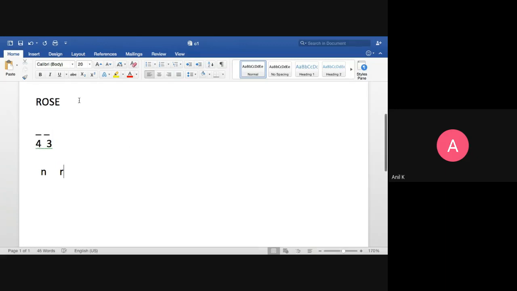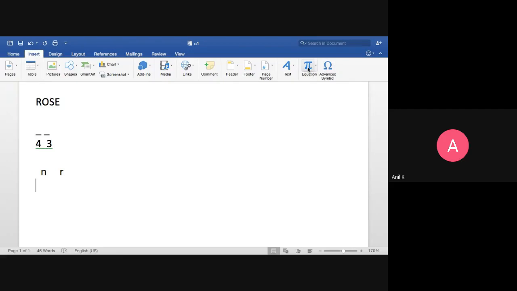Like here I have four letters R, O, S, E. Out of four, I selected two only. So here the n value will be 4 and the r value will be 2. Sometimes, in the previous example we discussed, if I make all four-letter words, then the n value is 4 and the r value is also 4. So that is the meaning of n and r. Out of n letters, I have to make an r-letter word, where r can be less than n or equal to n.